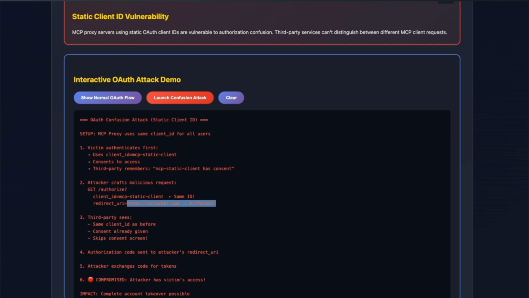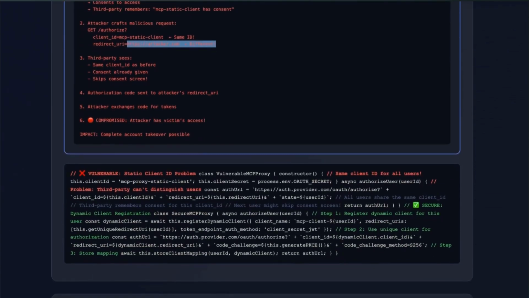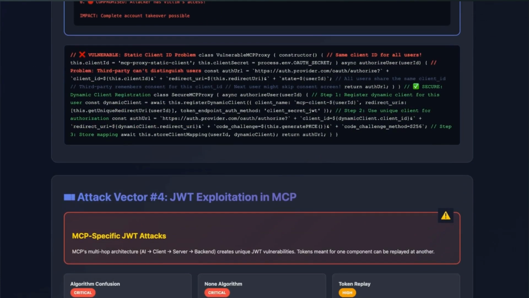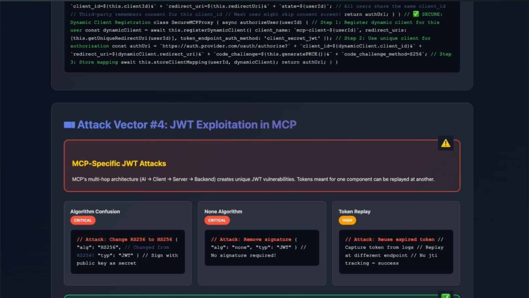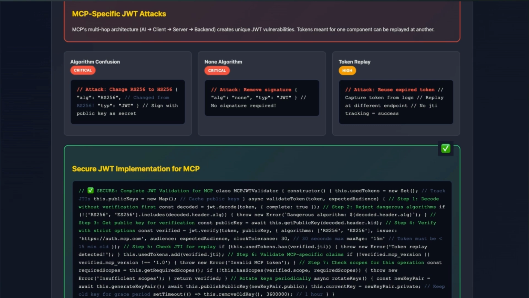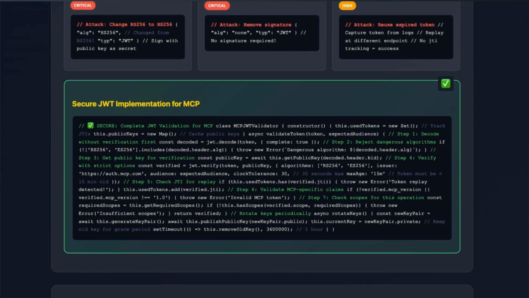There should be proper validation on where we are going to redirect our code to. That's one of the important things that we need to keep in mind while we are looking into the design review as well. If we are coming up with a new auth mechanism dedicated for MCP, there are some common JWT related exploitations, right? Something like algorithm abuse or weak secrets related to